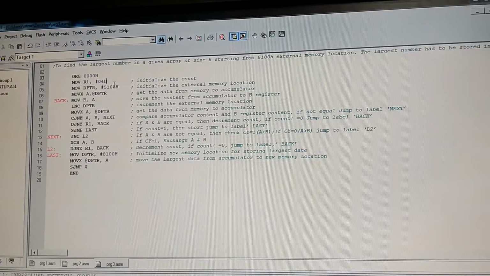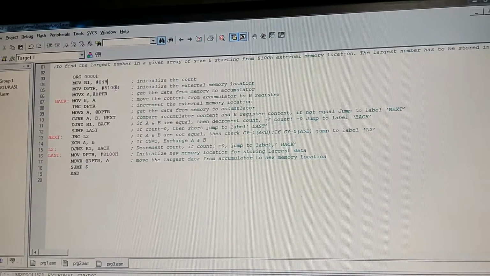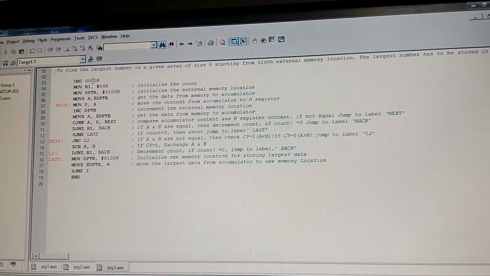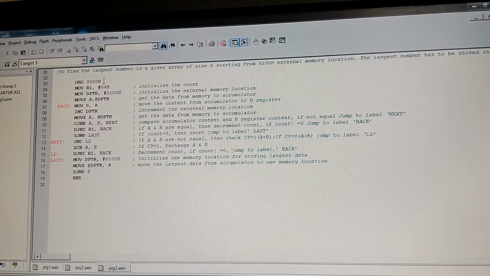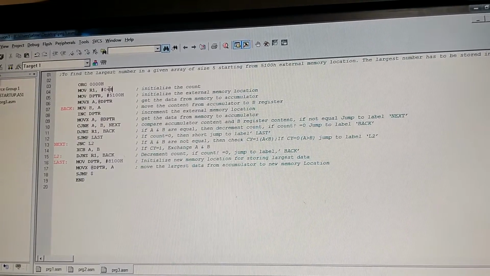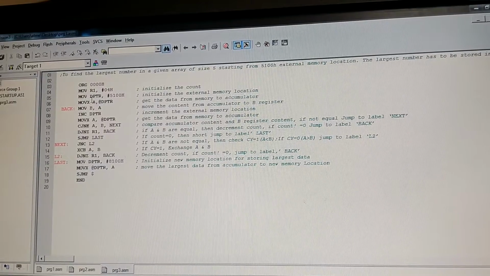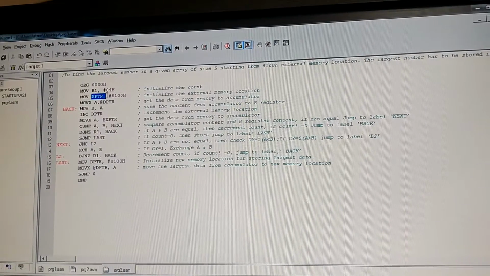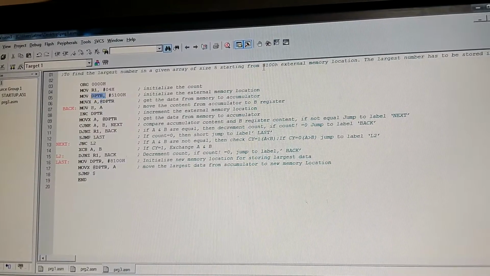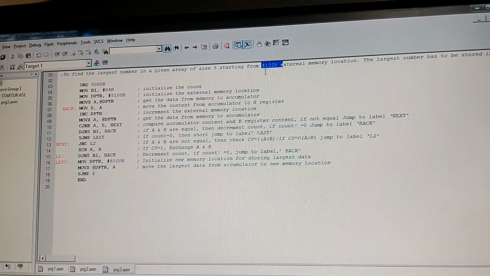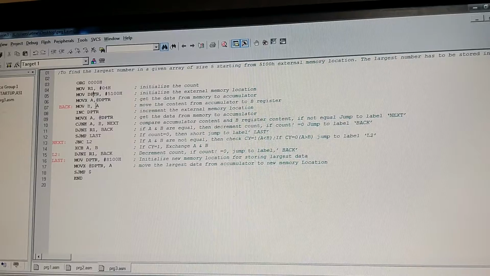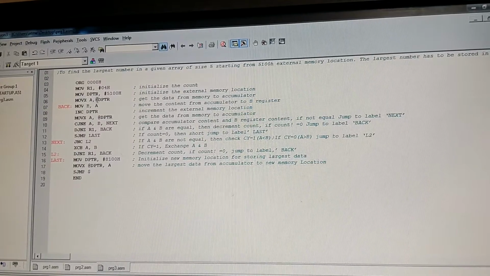Why? Because it is a comparison which we will be doing, so we are initializing the counter to 4 here. So an ORG 00H, the first memory address which we are considering, has 0. Now we are moving the counter value 4 to R1. Then we are using the external memory location, that is DPTR, in order to access this memory location, that is 5100H. So now we are copying this 5100H to DPTR,